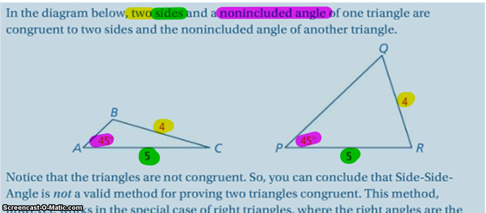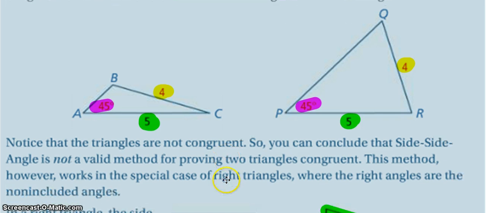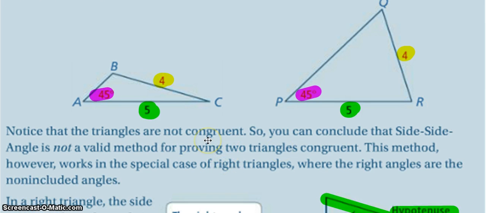So I have two triangles here that have two sides that are the same. We have a length of 4 and a length of 5, and then angles that are the same, these 45 degrees. Now this angle is a non-included angle, so it's not between the sides. Notice we have my side, then my angle, my side, then my angle. These triangles are not the same, obviously not the same. I could make it a couple different ways and show that this doesn't work, but there is your proof that